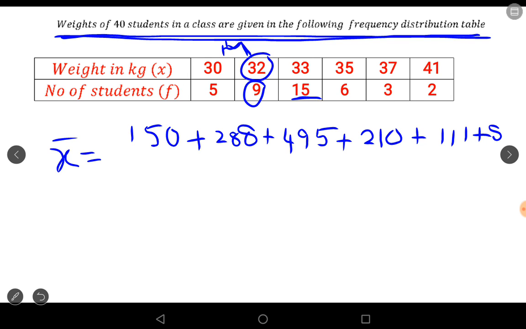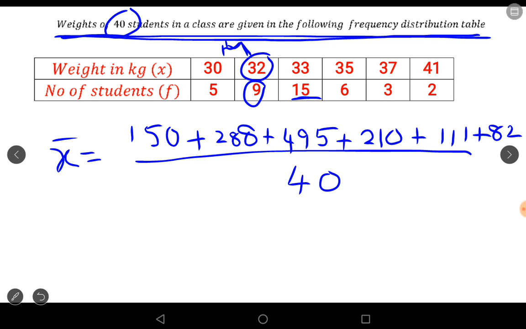Next one, 41 kg, the highest weight, and the number of students is 2. So 82 kg is their sum. Total number of students in the class: 14, 29, 35, 40. The question also gives 40 students. So the number of students is 40. Their total weight equals 150 plus 288 plus 495 plus 210 plus 111 plus 82. Okay, so adding them, the total weight equals